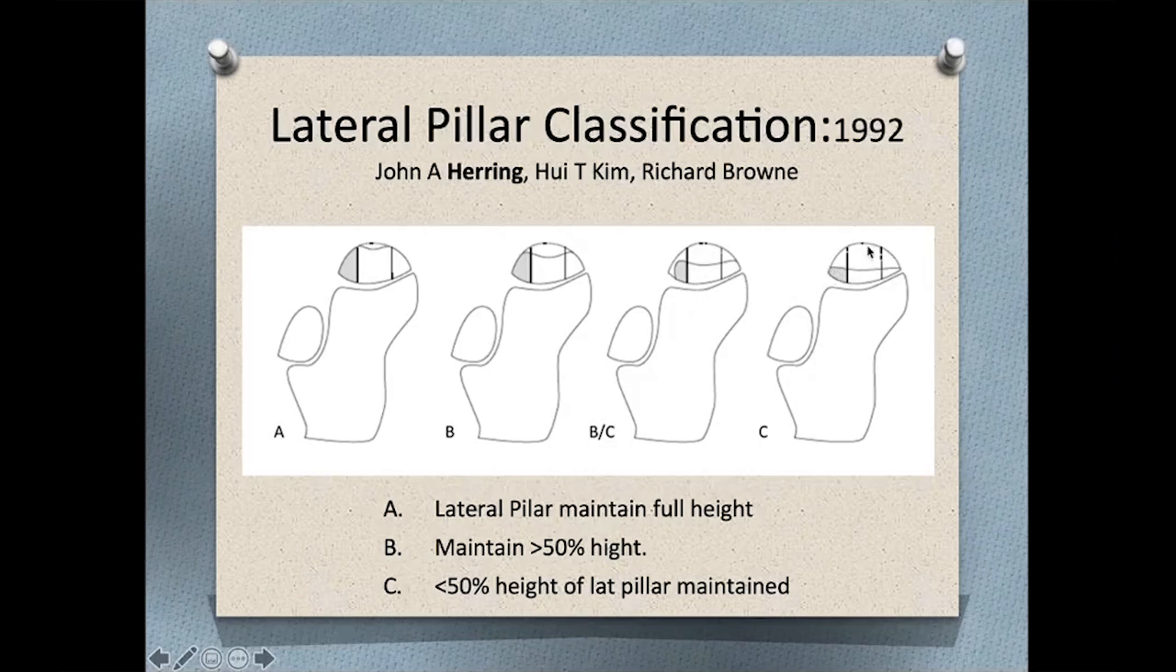So his head will develop like this. The flattening will be like this. So it has a bad prognosis. So the lateral pillar classification is a simple classification depending on the portion of the lateral side which is involved and the collapse